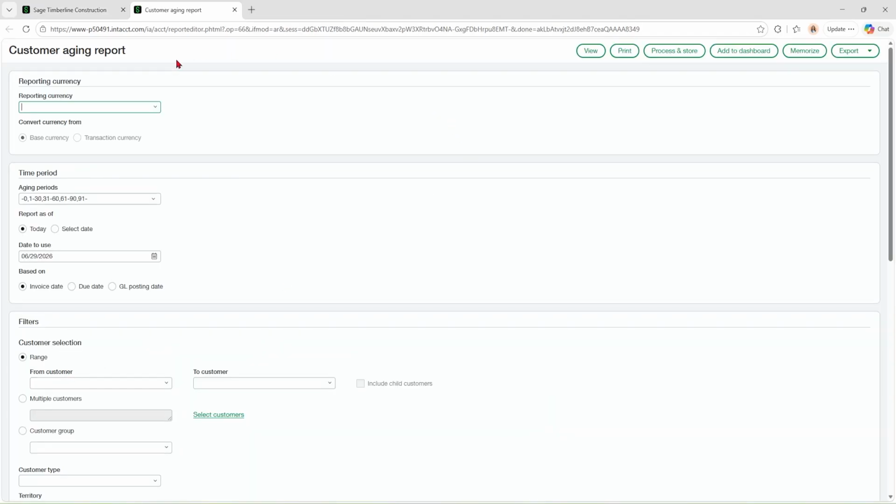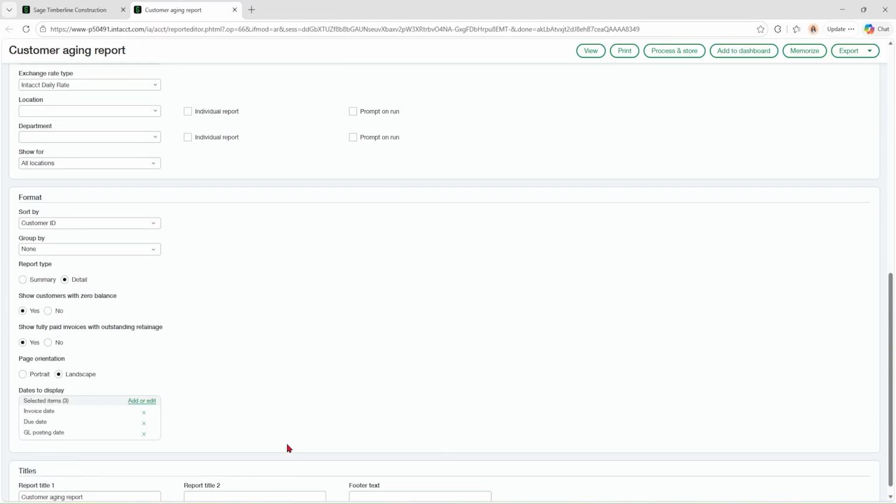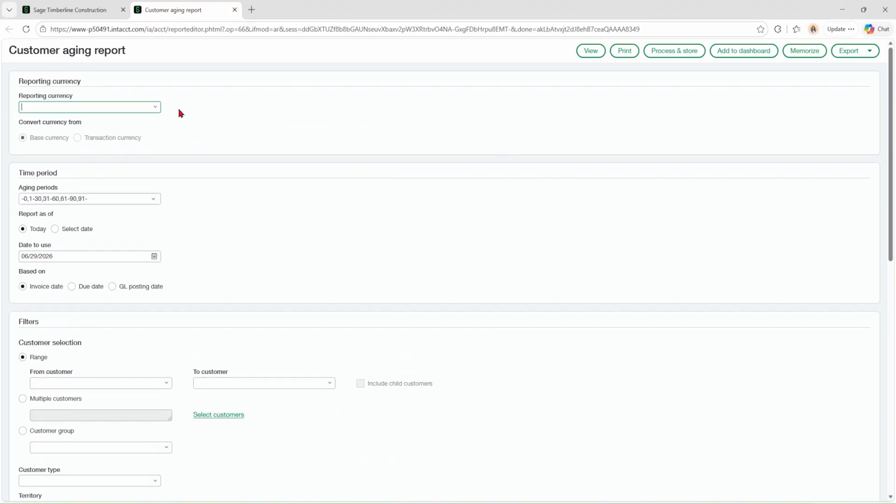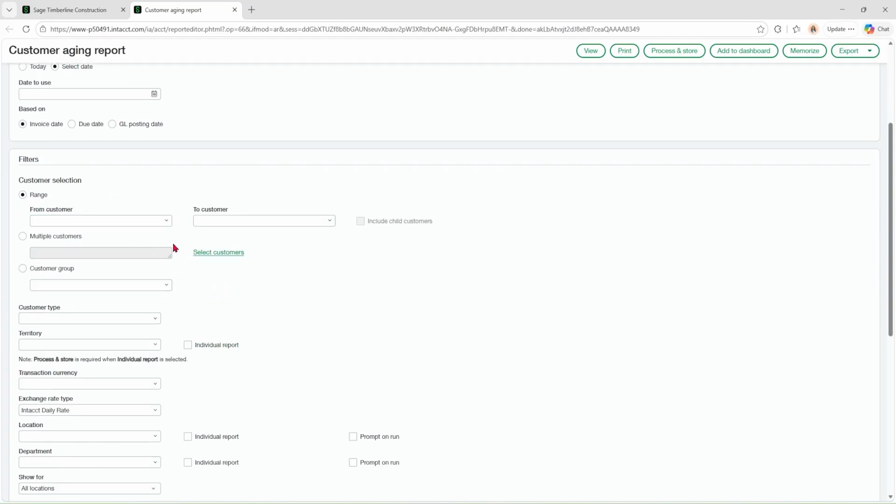We're going to click on the report to pretend like we're running it, and fill out any of the filters that we want this report to run for. So whatever your aging period is, date to use. I'm not going to use today's date because if you leave this blank, it will use the date that the report is run. So we don't want to put a date in there.